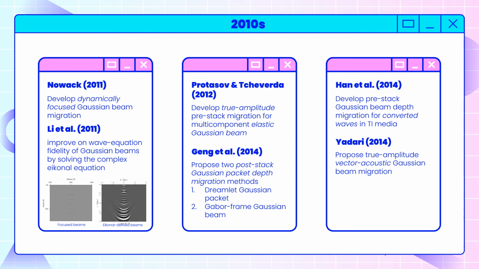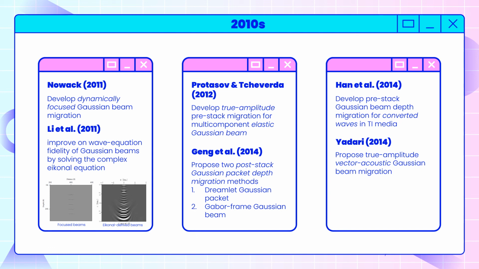Protasov and Cheverda in 2012 developed a true amplitude pre-stack migration of multi-component data based on the use of elastic Gaussian beam for walkaway vertical seismic profile (VSP) acquisition system. Gang et al. in 2014 proposed two post-stack Gaussian packet depth migration methods based on Gabor frame decomposition and asymptotic